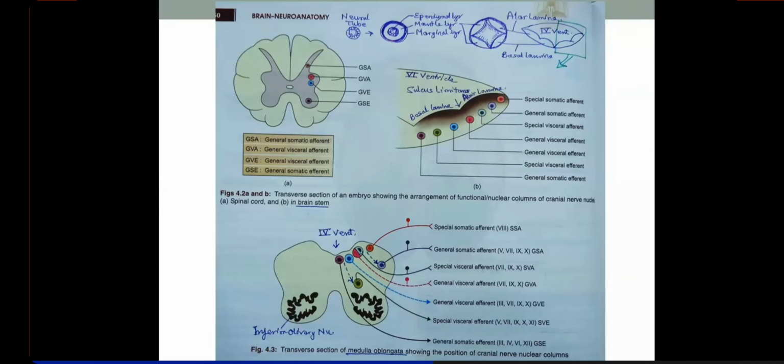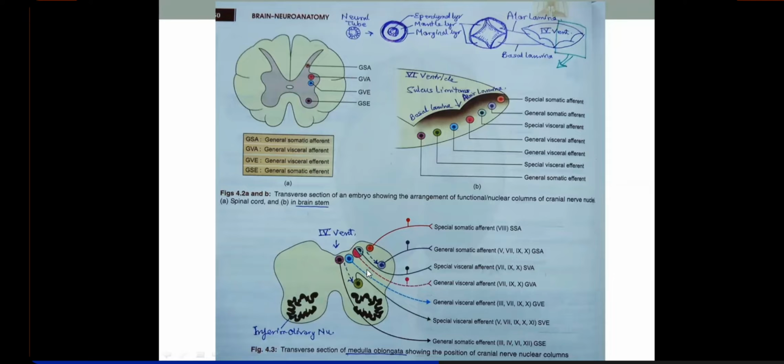I would have demonstrated if we were in person in front of each other, but here you'll understand by imagining it. If you're bending a tube, it will spread on one side. So the areas adjacent to the flexure, there the dorsal surface will be expanded. But as you move further proximal and further distal, that tube will again be a tube, right? So if you're moving caudally from the pons, we are reaching the upper medulla, right? So this fourth ventricle will now shrink, or you can say become narrow, right?